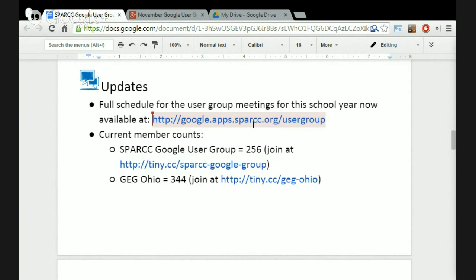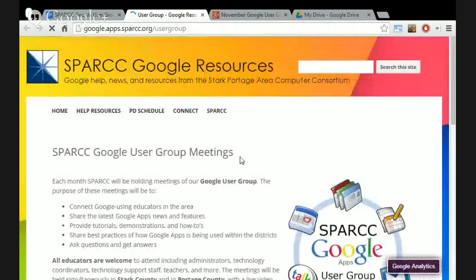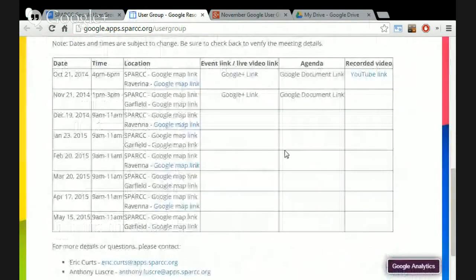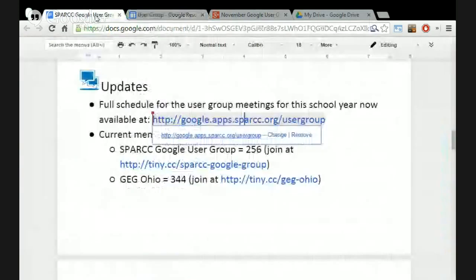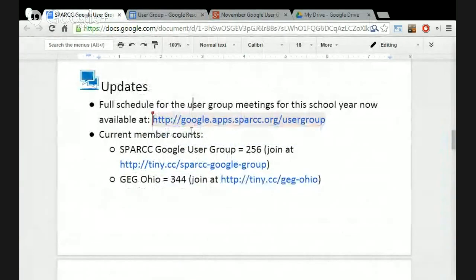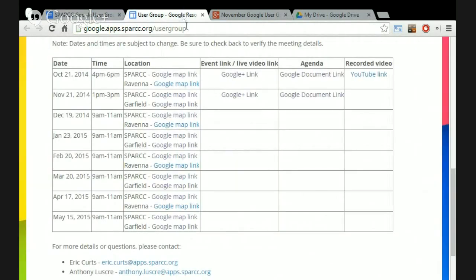You can get to all of the stuff that we're going to have here, because if I follow that link, I'll show you where it takes me out to. It takes me out to our user group webpage. And from there, you're going to see we have all of the links you need for everything else. So again, that key link is google.apps.spark.org/user group. And what you're going to see when you get there is for each of our meetings a number